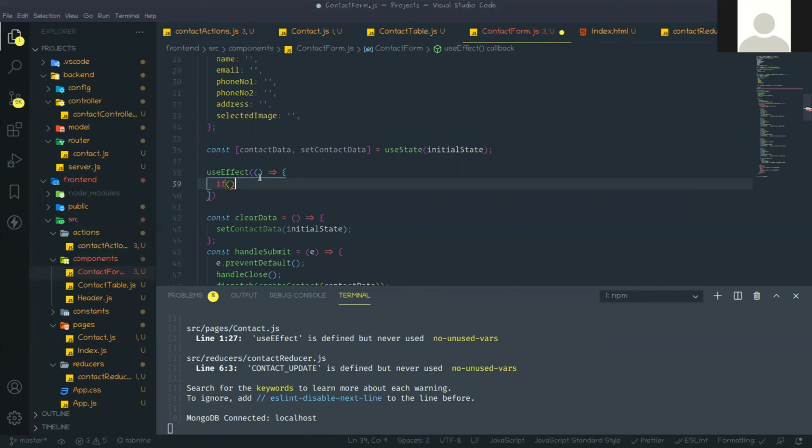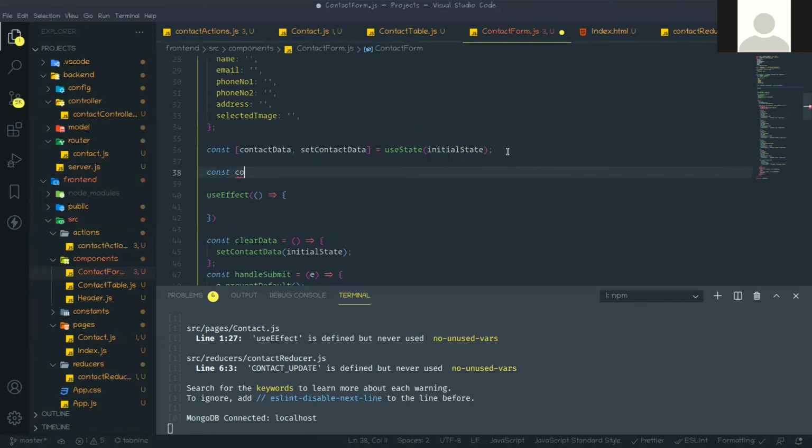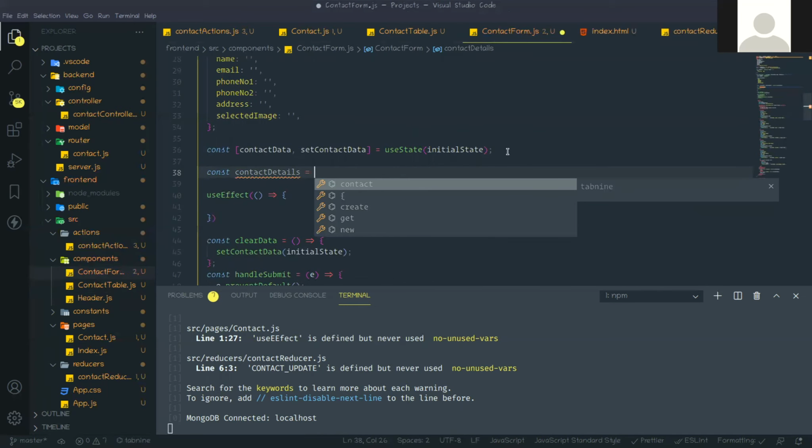But before that, we need to take the contact data from the context array, meaning the whole array you get from the API that is already present in the state. So we need to find only the object that matches the current ID. Here, const contact details equal to use selector.